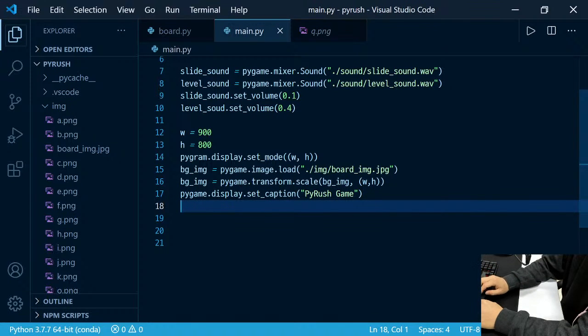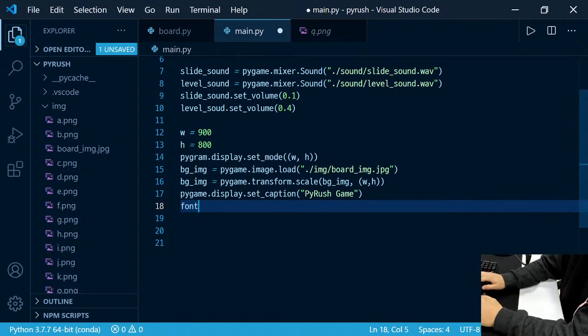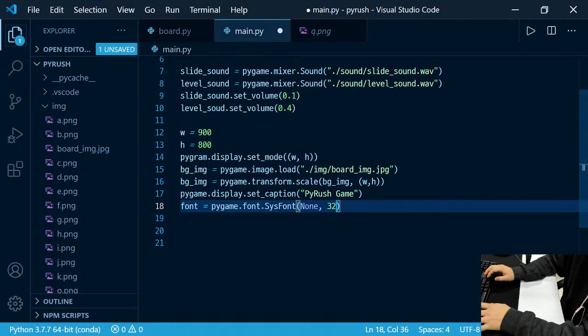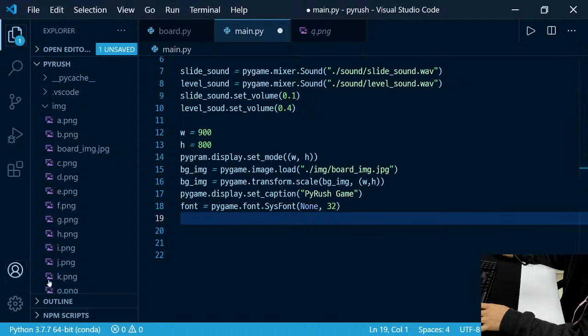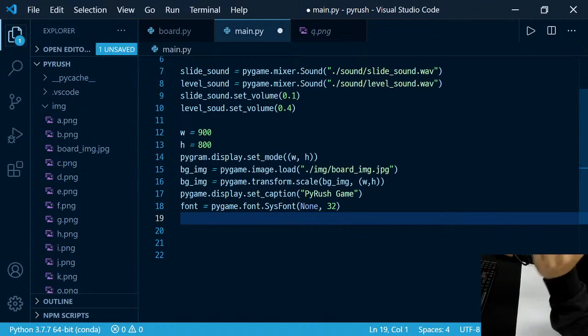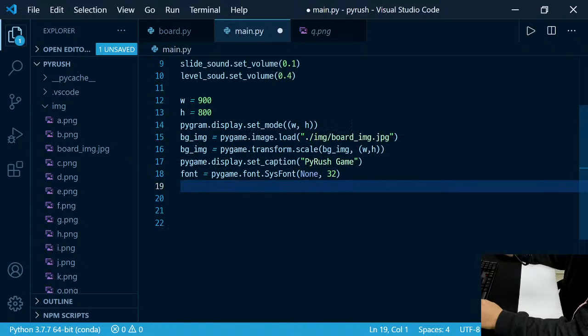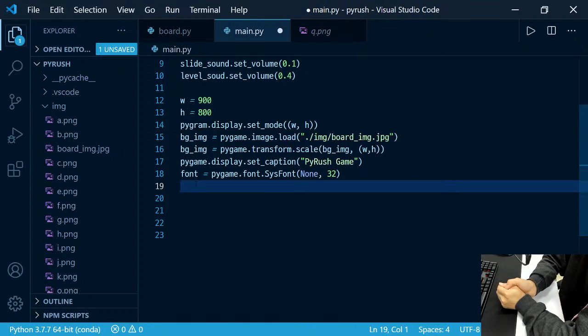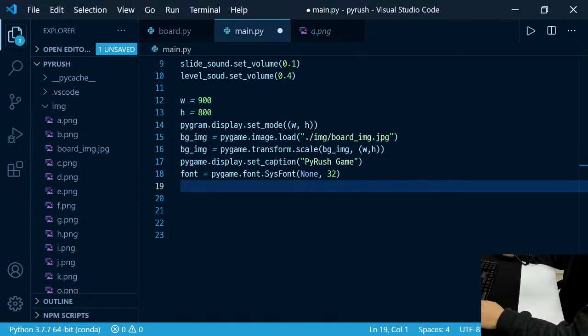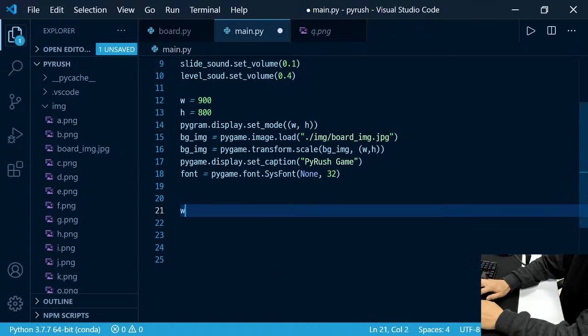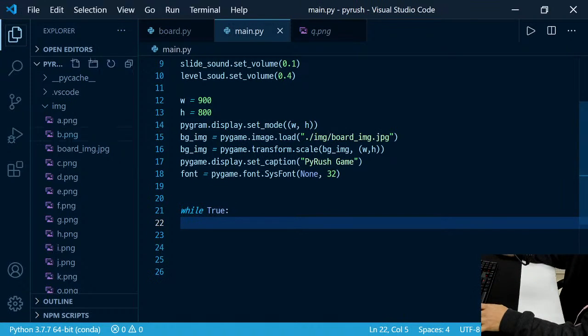I'm gonna use the font, pygame.font, system font, and 32 pixels is enough. Okay, and that's all. So first I wanna play, because it needs a while loop. So while True, then